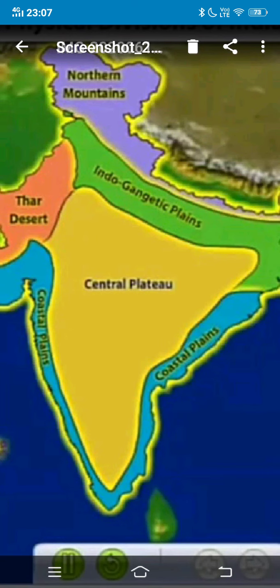Children, most of the landforms, like the mountains and valleys we have studied, were formed because of the tectonic movements of the plates under the surface of the earth. Similarly, the southern plateau was also formed because of these movements of the plates, and with the pressure of this movement there were volcanic eruptions.